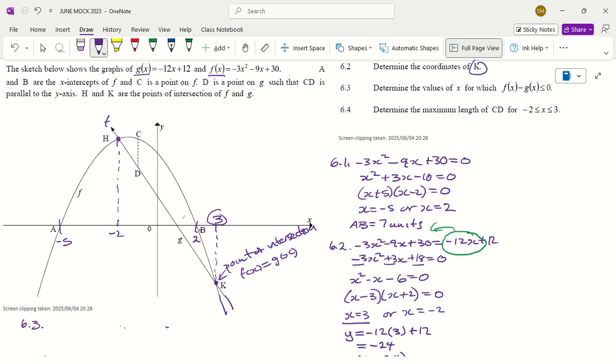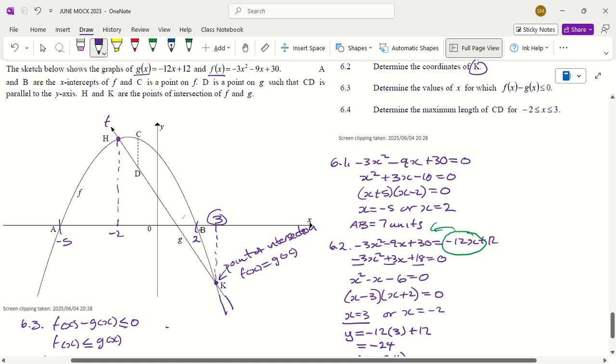For 6.3, we are asked for which values of x is f of x minus g of x less than or equal to 0. Now, if we look at this question, what we need to do is to take g of x to the other side. So this would be f of x is less than or equal to g of x. So now, for us to answer this question, what we need to do,